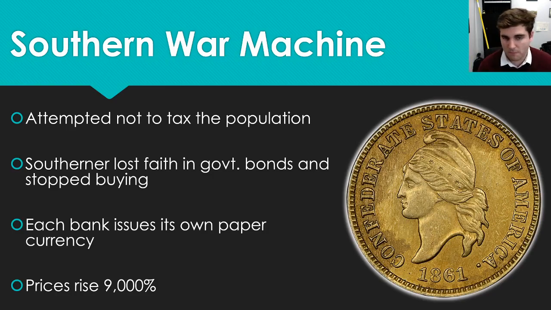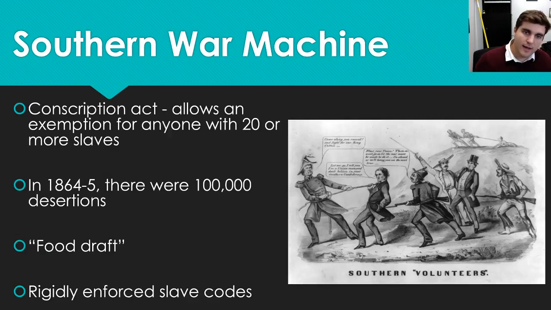And prices soar 9,000%. That's not a typo. Prices soar 9,000%, which meant out of control inflation. And money essentially becomes worthless. Paper money becomes worthless. So you have really this inability to buy anything, to buy the necessities,